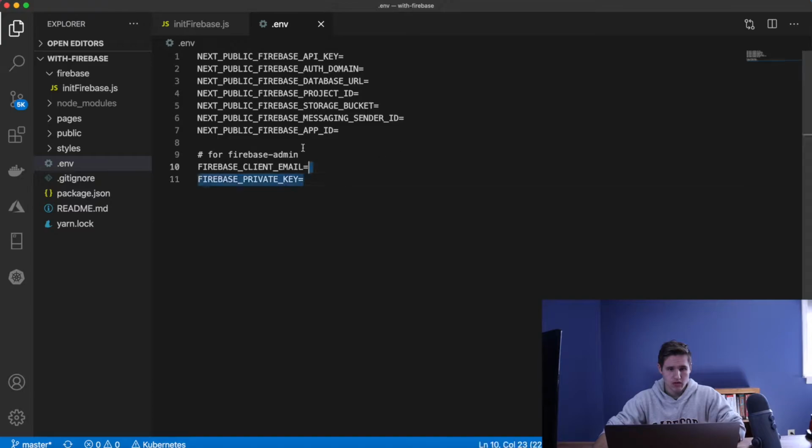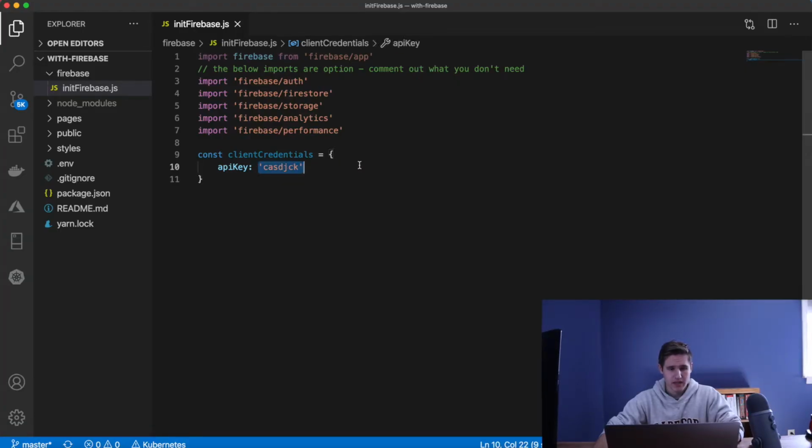And all of these can be found in the project settings. So go ahead, pause the video, find all of these in your settings, and enter them in. Now, once you have that, what we can do is come back here, and for the API key, for instance, we can say